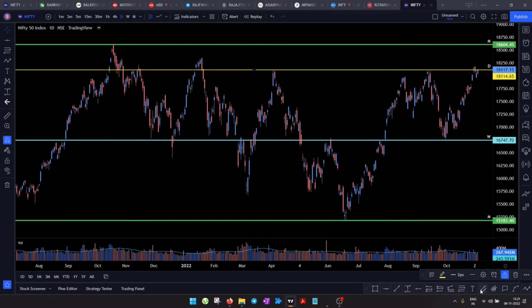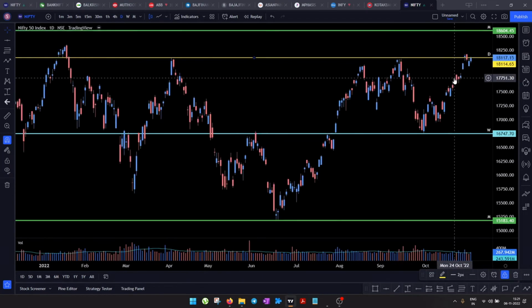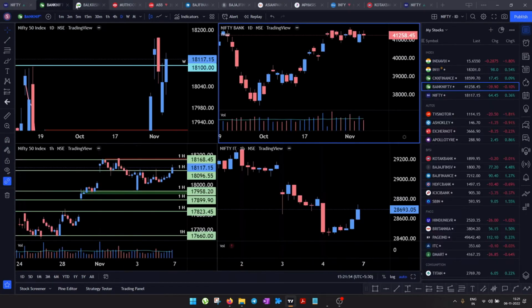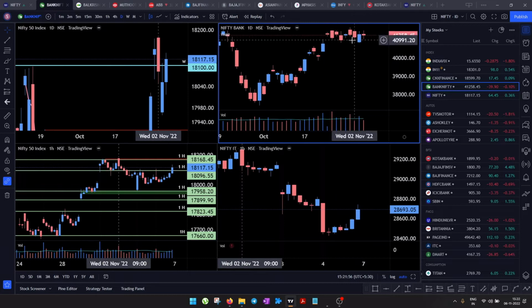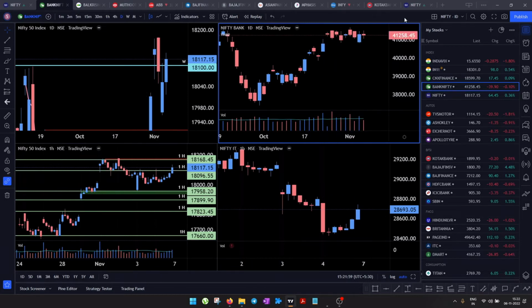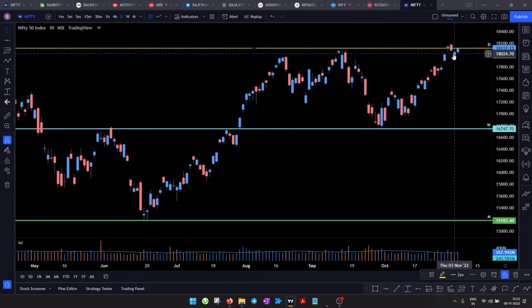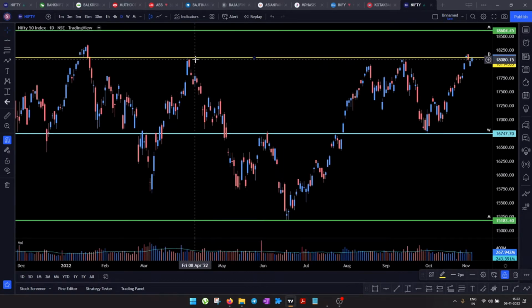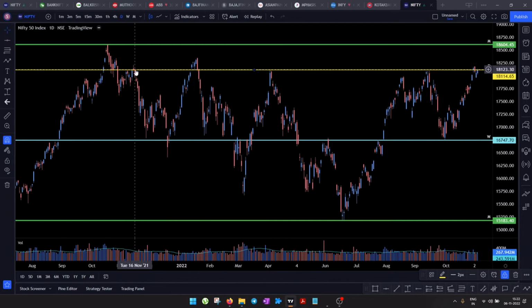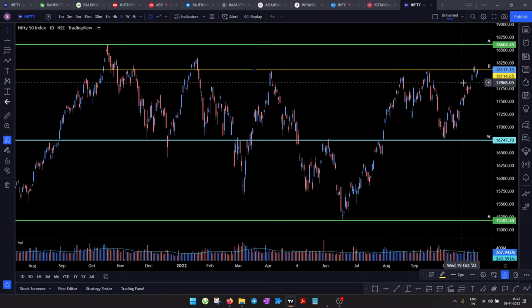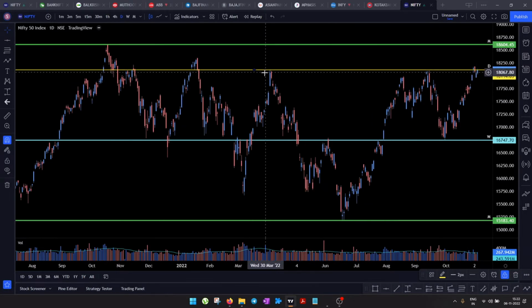So on the daily, I think this is the level that is there, right? And this is a level where Bank Nifty has been for the past 2 weeks now, and Nifty has been there for the past week now. It has been trying to eat all the supply that is available at this level, and this level was very important, and the market took resistance here. I think this was the first resistance, then second, third, fourth, fifth. This is the fifth time that the market is here, and it is trying to eat all the supply that it could not eat earlier, right? And whatever has been built up from here.